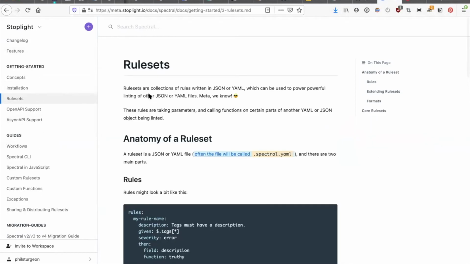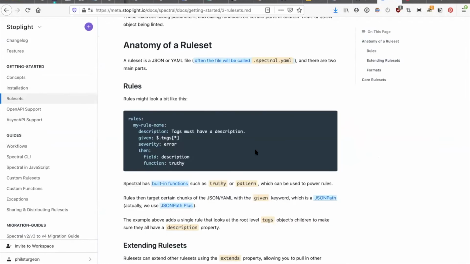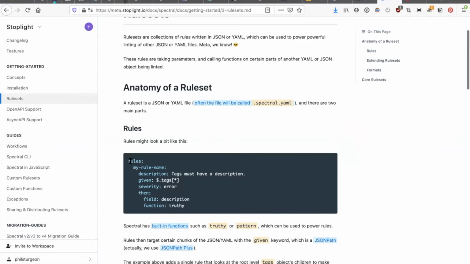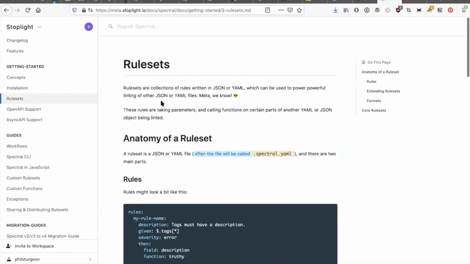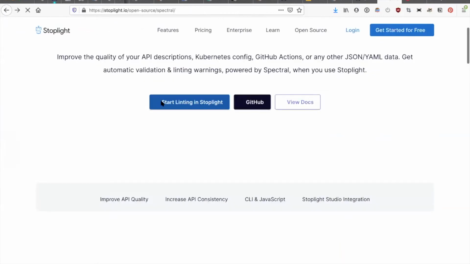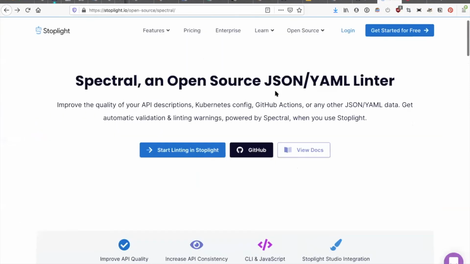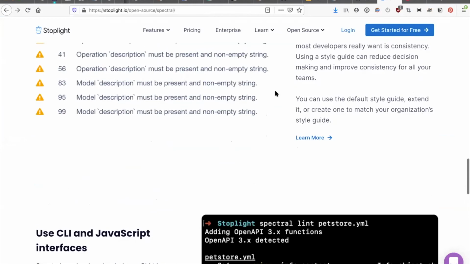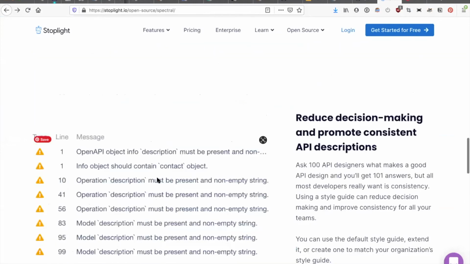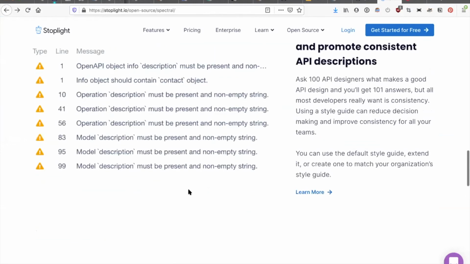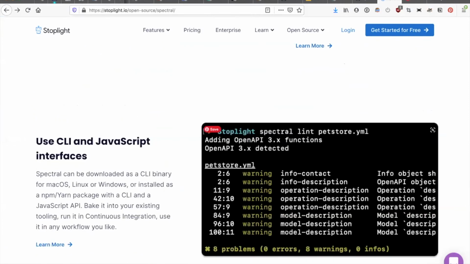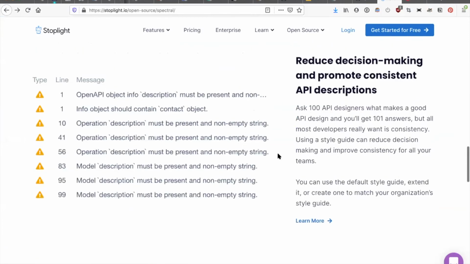Rule sets. So these rule sets, usually just a spectral.yaml, spectral.json, doesn't matter, these will be picked up. They look like this, and they work throughout the entire ecosystem. If you're using Studio, then the file just lives in the root of the project, and you'll see integration with these Spectral rule sets show up in this sort of way inside Studio. The same rule sets work in the CLI or in Studio while you're editing.